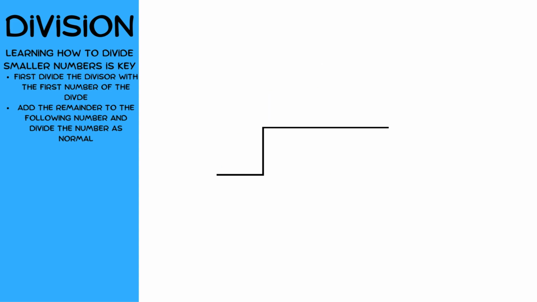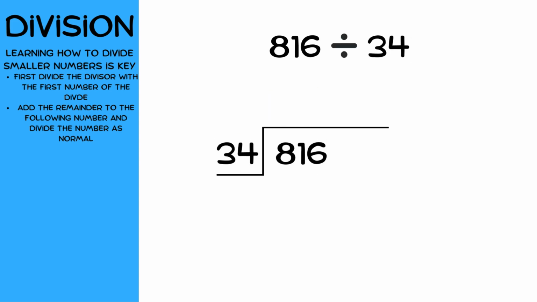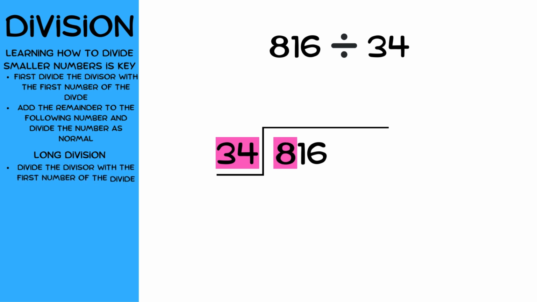Now let's say we wanted to divide 816 by 34. To solve this, we need to use a process called long division. Similar to regular division, we need to divide the divisor, being 34, into the first numbers of the dividend, being 816. Since we cannot divide 34 into 8, we put a dot above 8, then we divide 34 into the